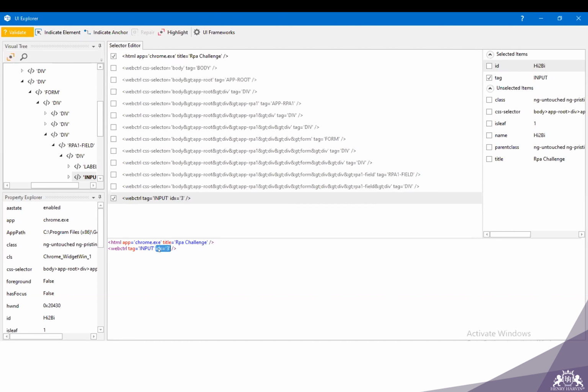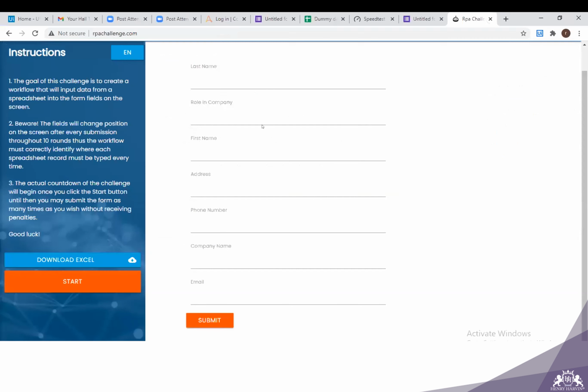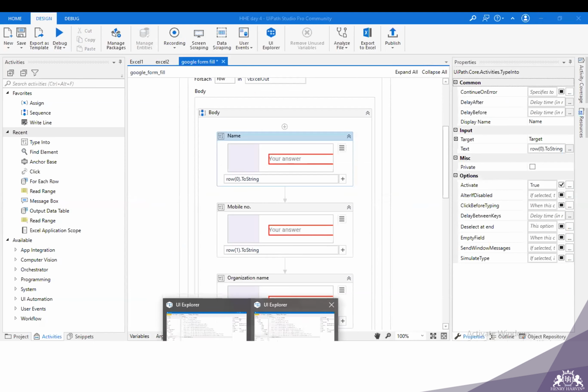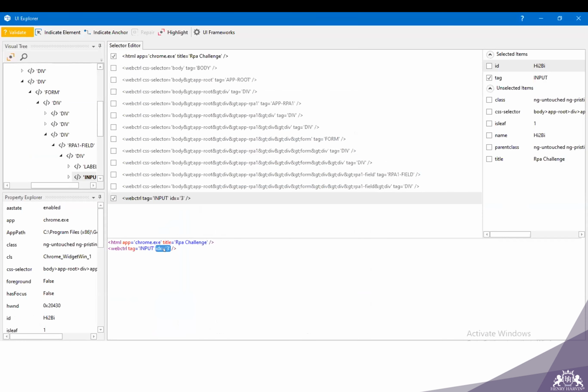Index only tells you about the current position of that UI element. If you go through this page, first name is on the third position, 0, 1, 2, and 3. That is why it is giving you 3. And after deleting this, you can take PID, TID, or ng-reflect-name.